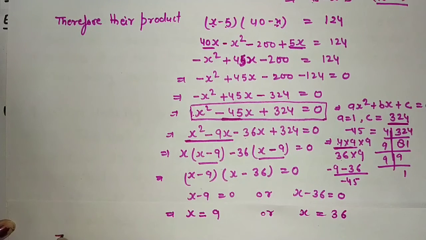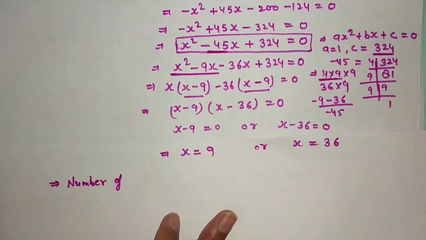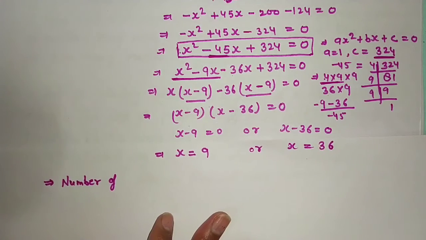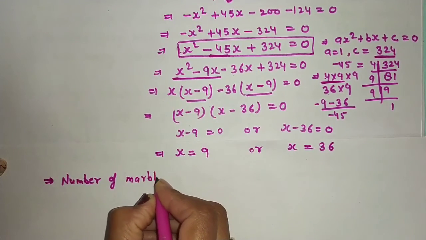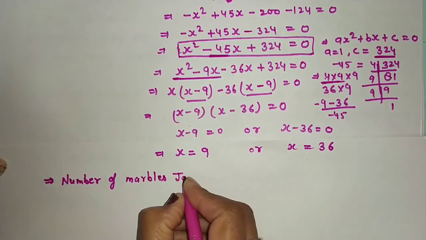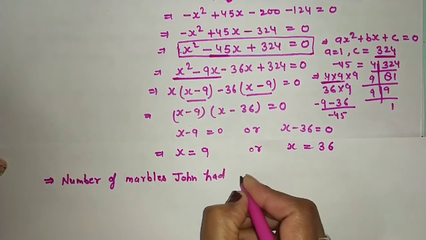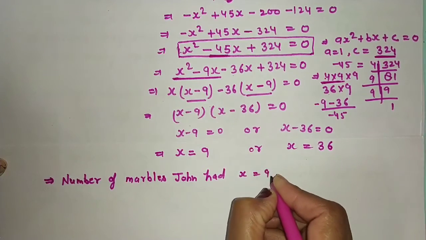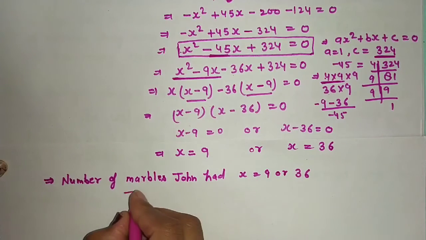Therefore, the number of marbles John had: x equal to 9 or 36, and Jivanti